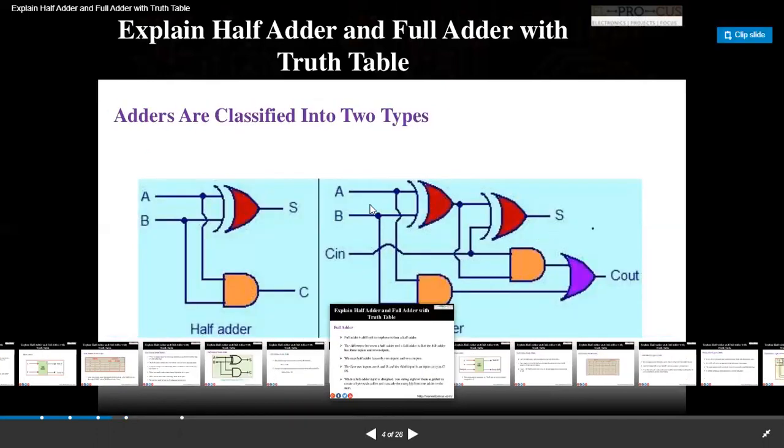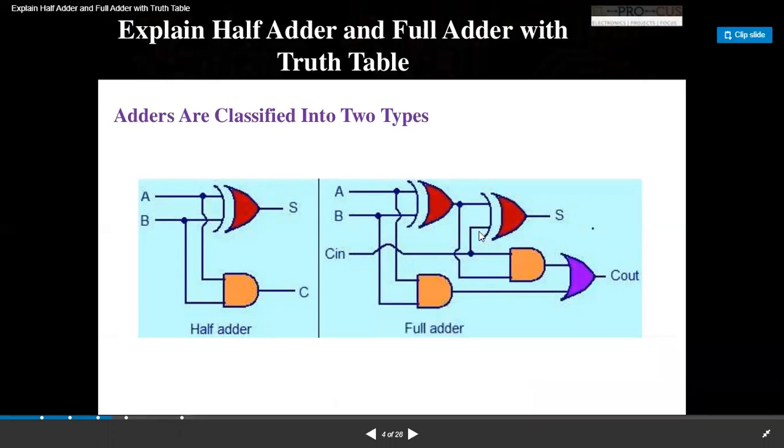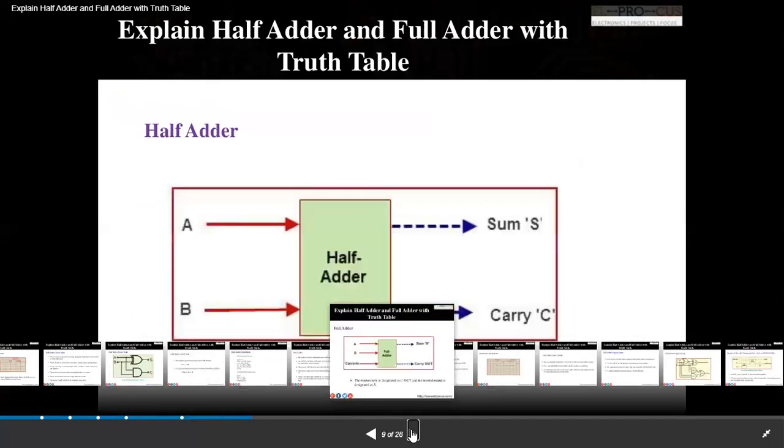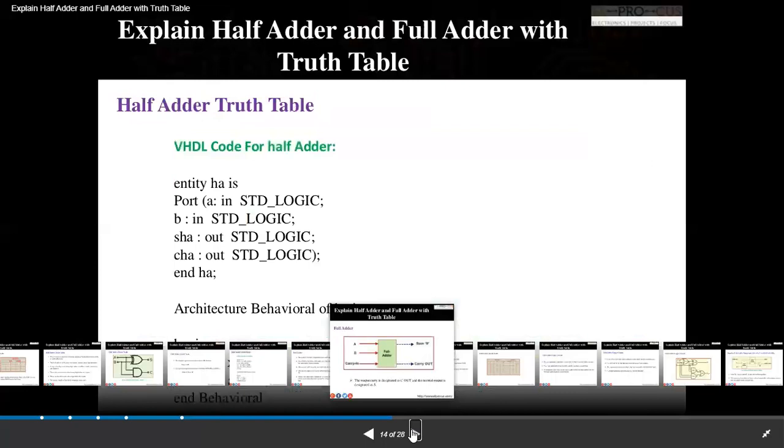The operation of the sum is equal to A XOR B. Then that A XOR B value, XORed with C in, is our sum. So to define that value, how are we able to write the